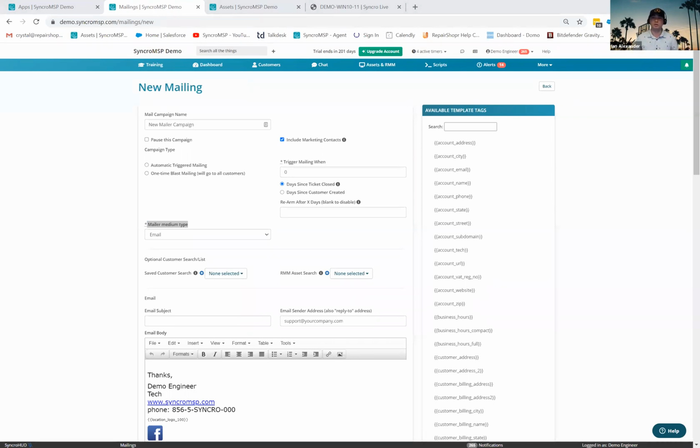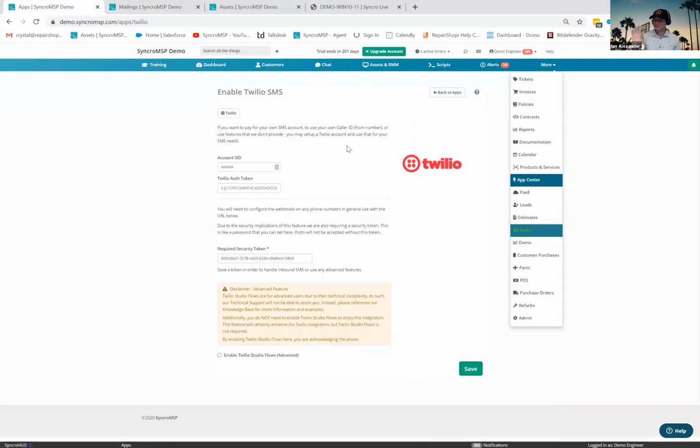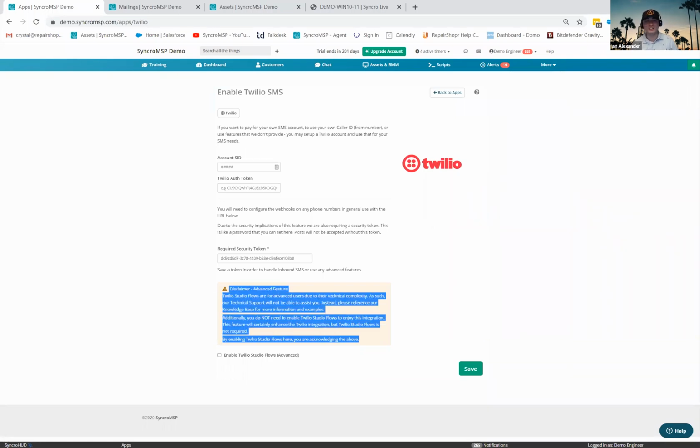It's not in our control or something, right? You could send that SMS out to everyone, and that would be a really quick way to do that. However, there is a more advanced mode here, and I want to say up front, we're not going to provide support for this part. So you're on your own if you want to do this, which is why you have to click the checkbox to enable advanced mode. But Twilio has a really cool thing called Twilio Studio that essentially enables you to build